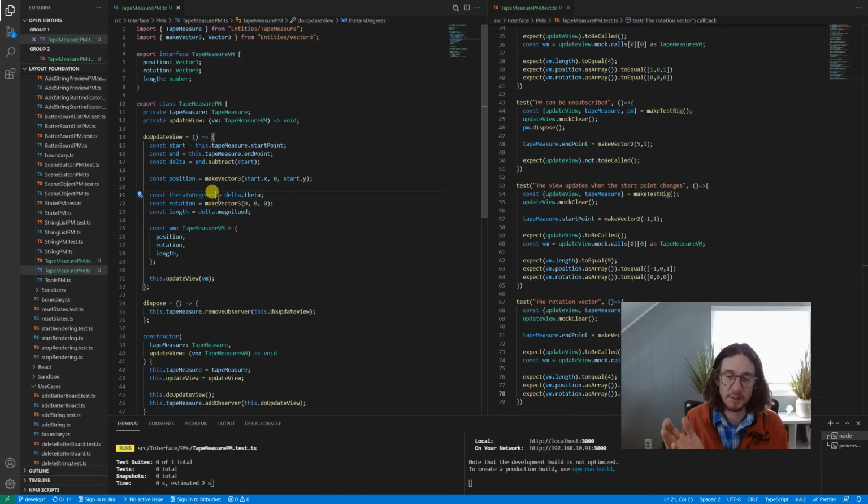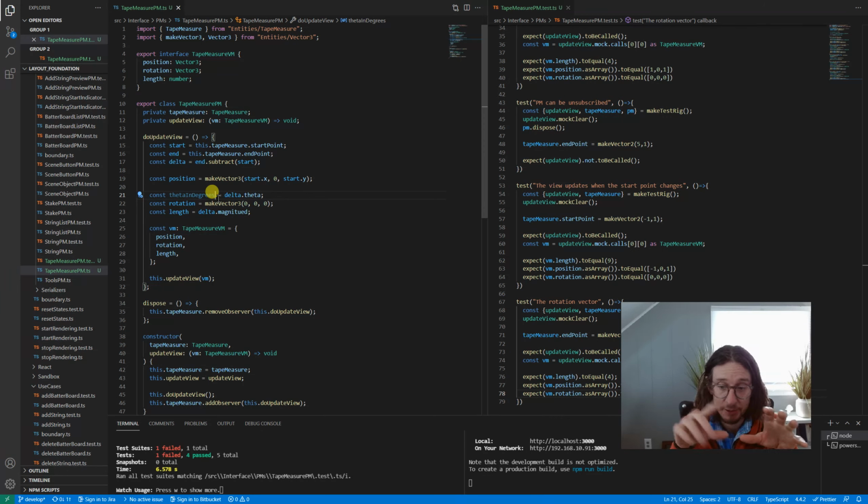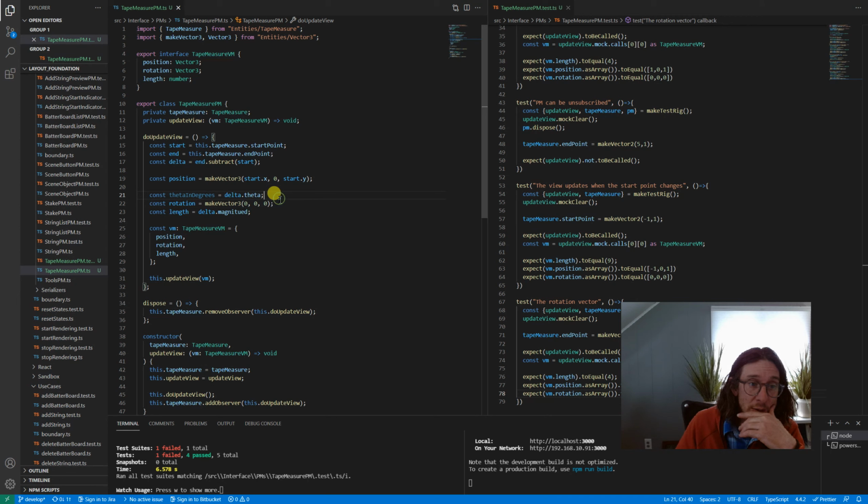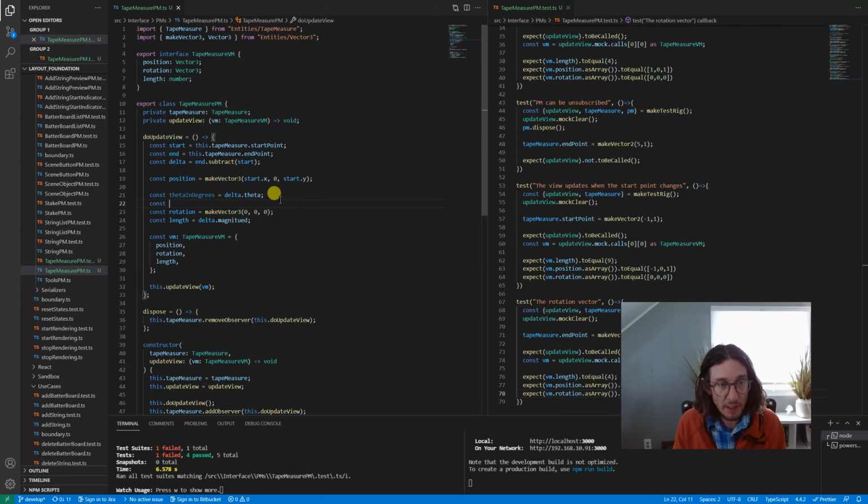Essentially, this is the vector pointing from start to finish, and theta is the angle of that vector as it rotates around the 4 quadrants in degrees. So we need to do constant theta